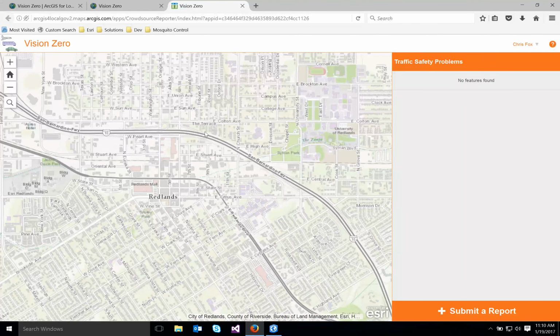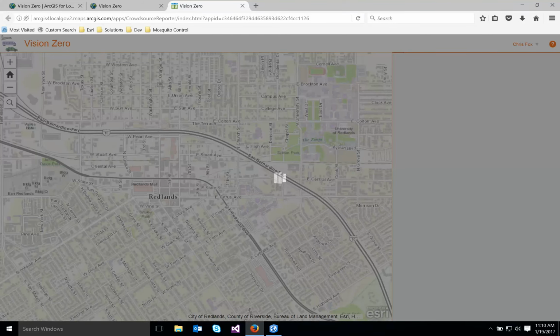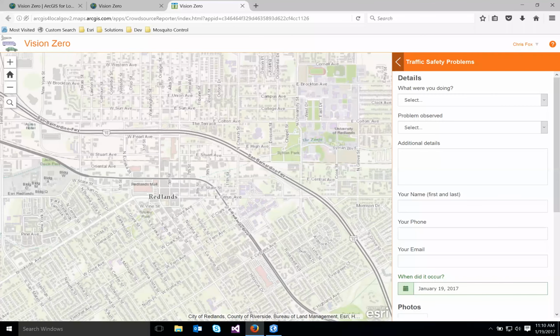So here I'm in the Vision Zero application. I can submit a new report. And because we created the feature service with all the fields that are required for that application, we created the web map and configured the pop-up to expose the fields and provide nice aliases to show the questions that we want to ask. There's very little that I have to do at this point to get this ready to share